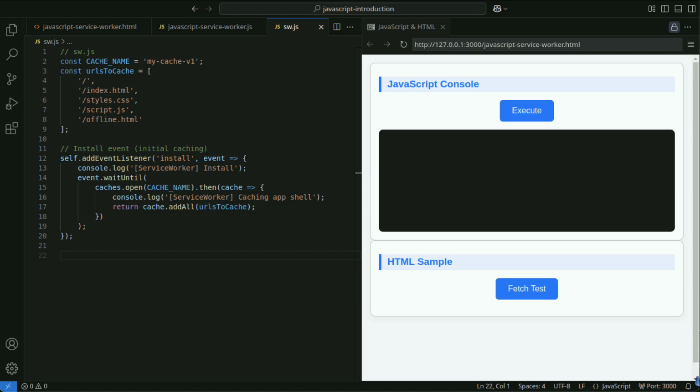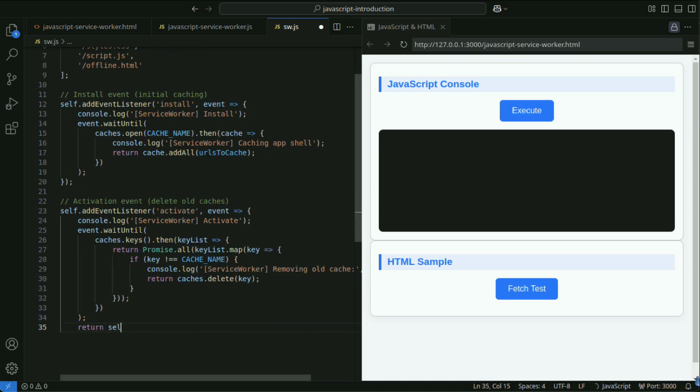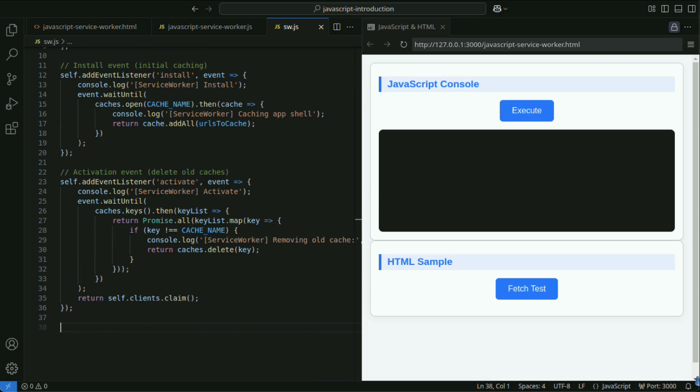At this stage, necessary files are pre-cached. In the activate event, old caches are deleted to optimize storage. Only the cache of the new version is kept.